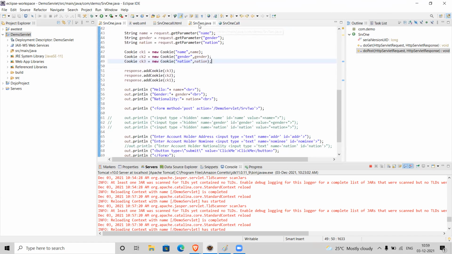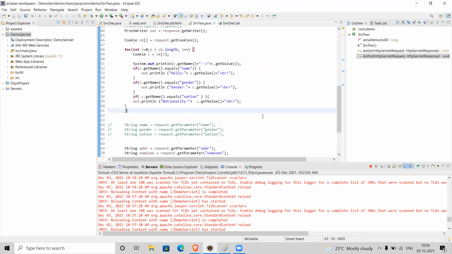So now in SRV2, we have complete information, right? And if you want to save this information to the database, in SRV2 you can implement JDBC, I mean, a JDBC implementation to store that information in the database. From here we have to establish the JDBC connection, then store, or otherwise if you have to get the data from the database, then we have to do that. That all depends on the requirement.